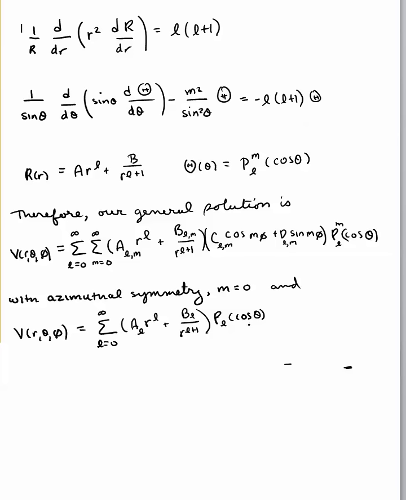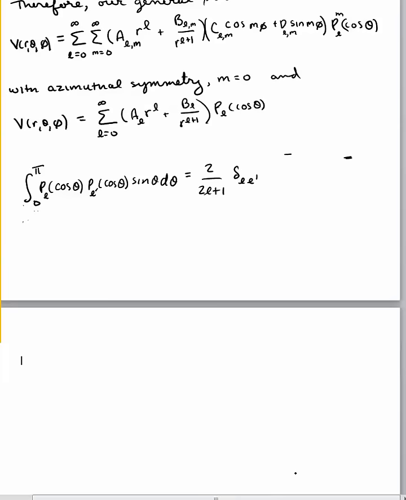But the cosines themselves, of course, are orthogonal functions. And so as you might imagine, there's an orthogonality condition for the P's. It's written in your text, but I'll list it here. And that's if we integrate two of the Legendre polynomials over the interval from 0 to pi, the theta integral, you get 2 over 2L plus 1 times the Kronecker delta L L prime. This also is going to reduce the number of problems that we're going to try to tackle, in the sense that you need your